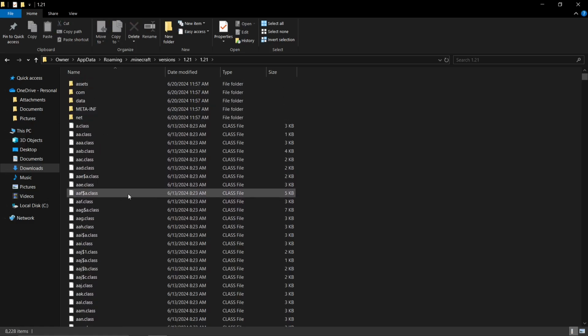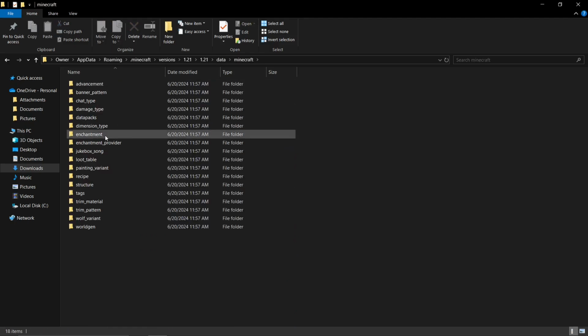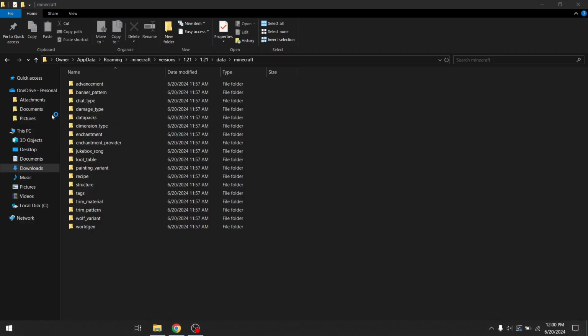Inside of it is a ton of different options. We're looking for something called data. We would open this up, and then we go into Minecraft. You might recognize this if you ever made data packs before, but this is all of our options for data packs. If we go ahead and open up our own data pack that we worked on last episode,